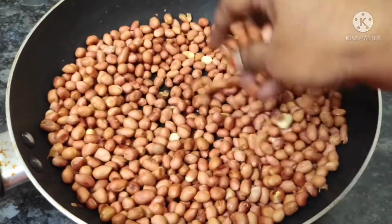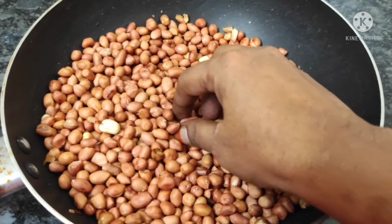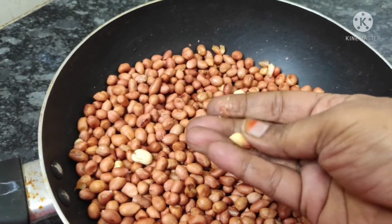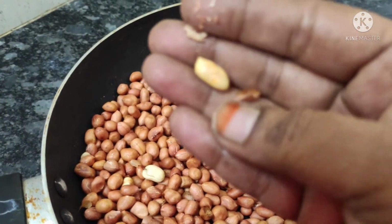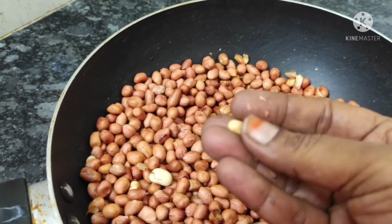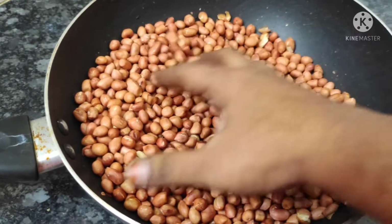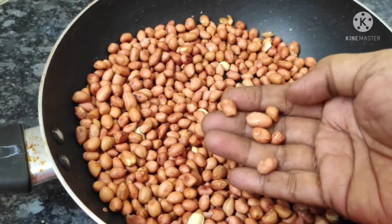See, you take the peanut and press it. The peel should go off like that and the peanut should be in golden brown color. It tastes very nice and is a healthy snack for everybody. Enjoy the